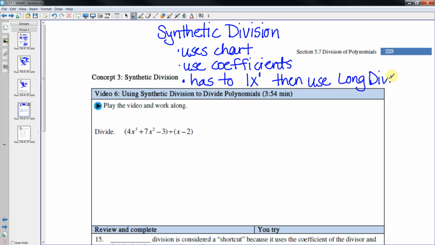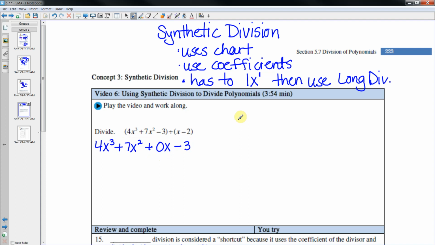So like the one I did previously that had the 2x, it had an x to the 1, but it had a 2 in front of it. I couldn't have used synthetic division on that one. I would have had to have used long division. So again, it still has to be in descending order. So I have an x cubed, an x squared. I'm missing an x to the 1 term. So this is really going to be 4x cubed plus 7x squared plus 0x minus 3